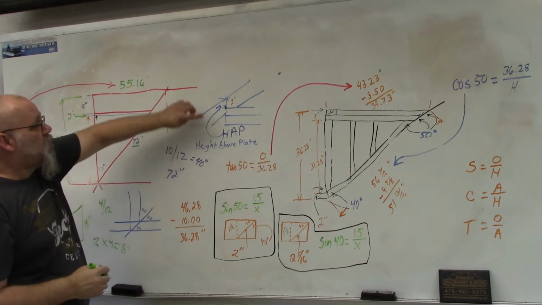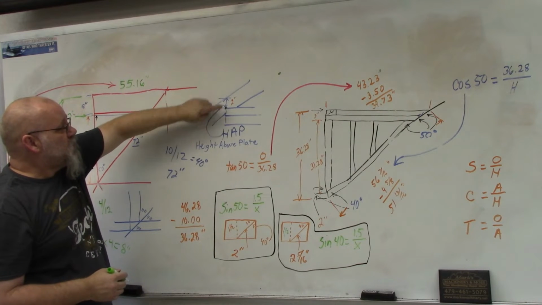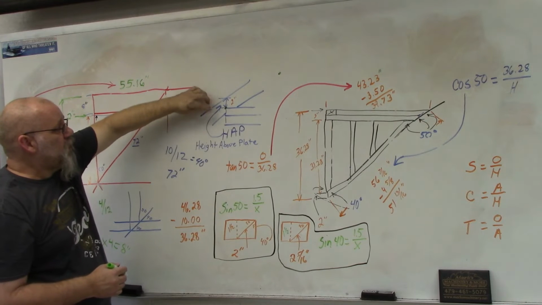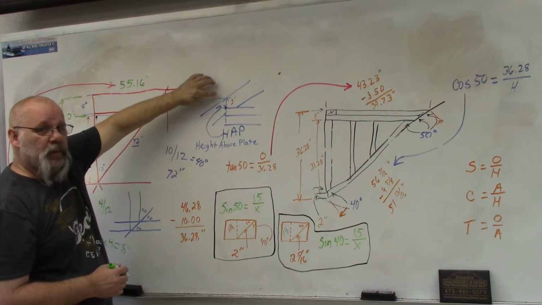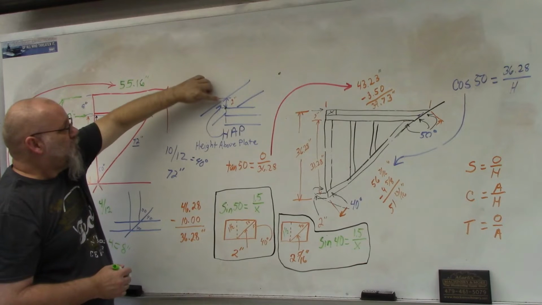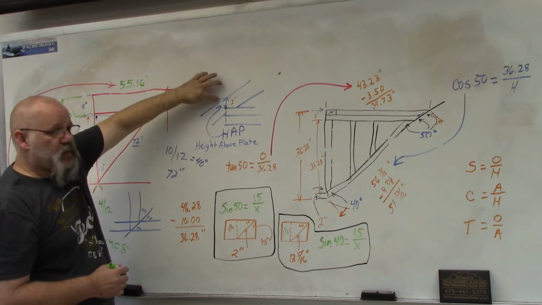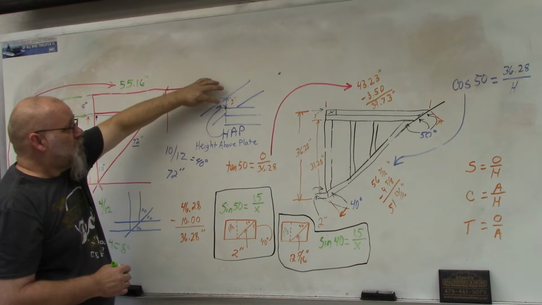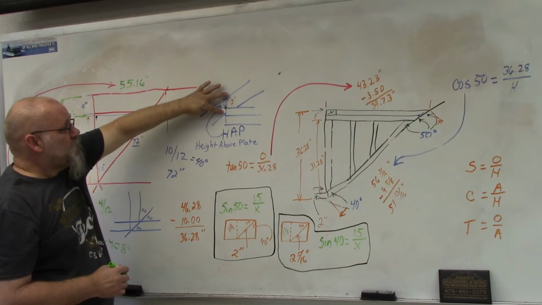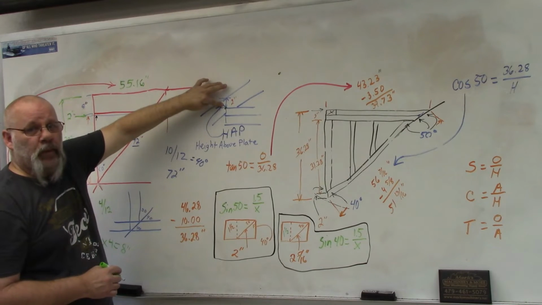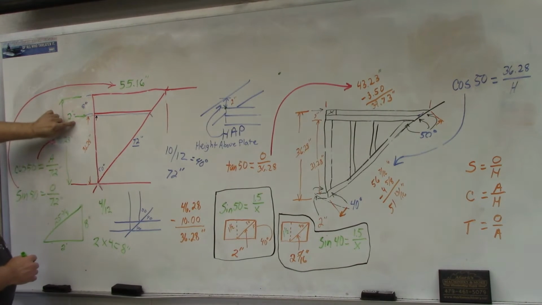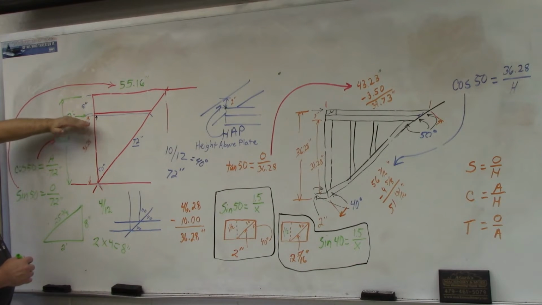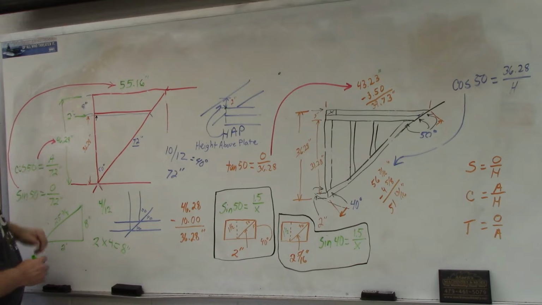But when you cut a rafter, your rafter doesn't sit flush right there because it usually has a tail on it. So it sits higher than the top plate. And that's your HAP. In this case, I'm going to use a HAP of 2 inches. So that'll give me 1.5 inches for my bird's mouth, and it'll give me 2 inches for HAP. So I have that number over there. So now I have 8 plus 2, so I'm going to get a total of 10 inches above my